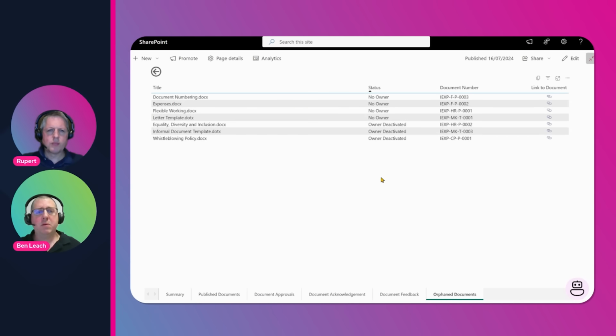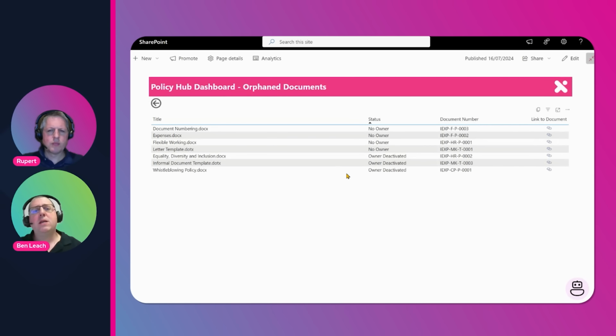So if you could click on that tab a minute. What we can see here is a list of documents whose owner, either those documents never had an owner assigned to it for whatever reason, or they did have an owner, but that owner has left the organization. So how do we know they've left? Well, typically what will happen within